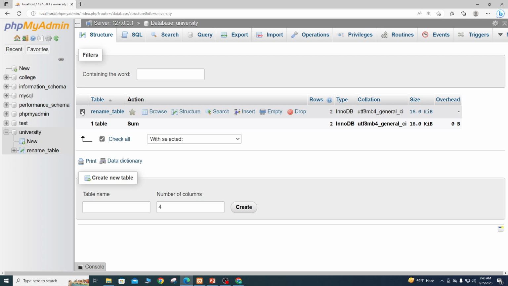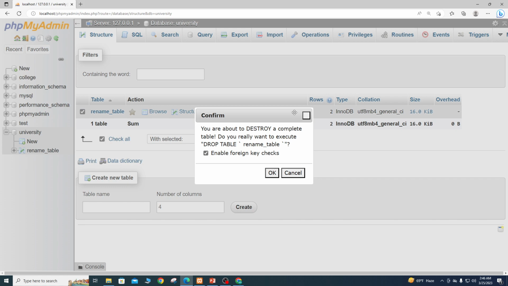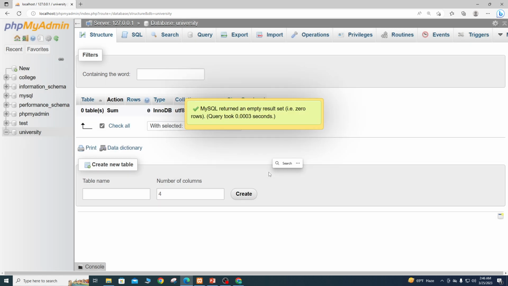Select this. Now drop. Okay. You can see now rename table has